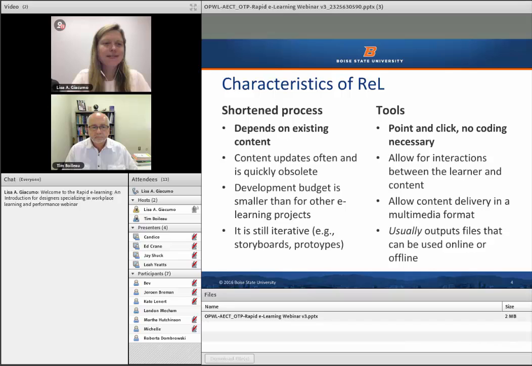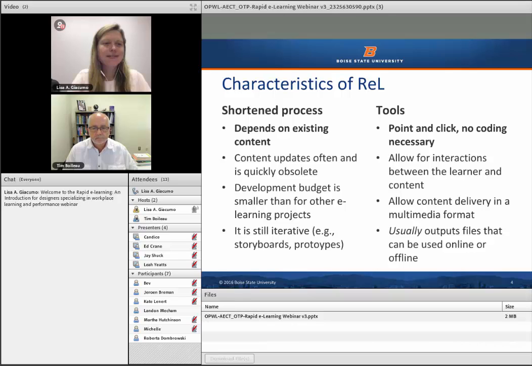From my own experience, REL is almost always completed by a learning or instructional designer, who I will call an ID, and does not usually include a subject matter expert, or a SME, as you are using existing content. When a SME is involved, the SME is usually the one creating the REL product, and the ID is acting in more of a senior instructional design role to provide good design guidance, reviews, and feedback to the SME.